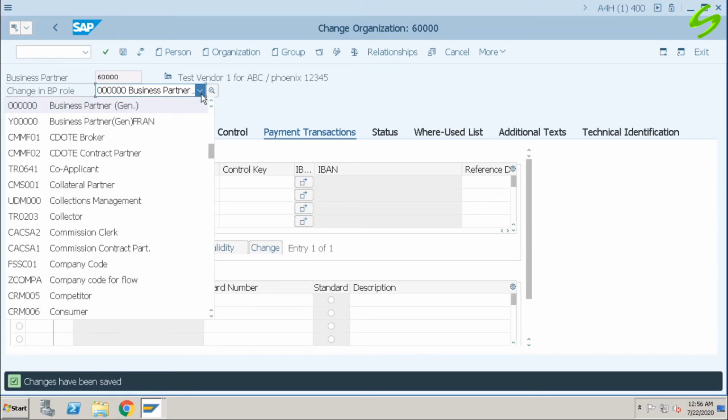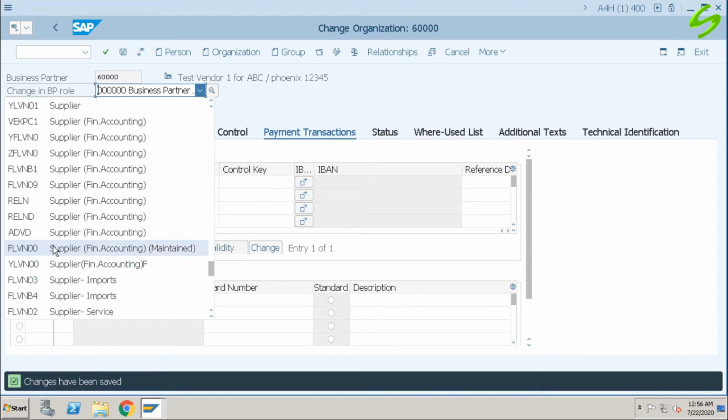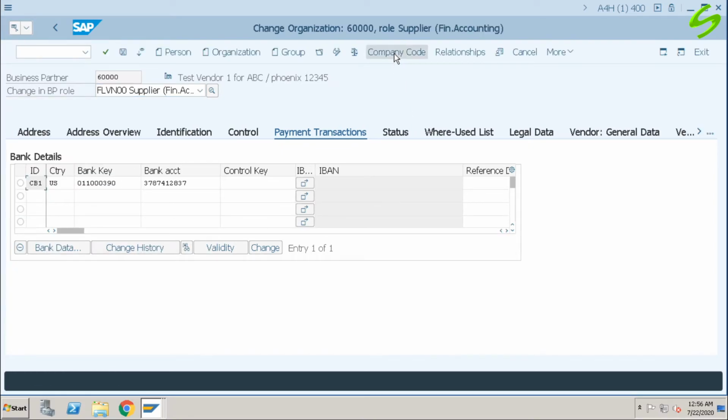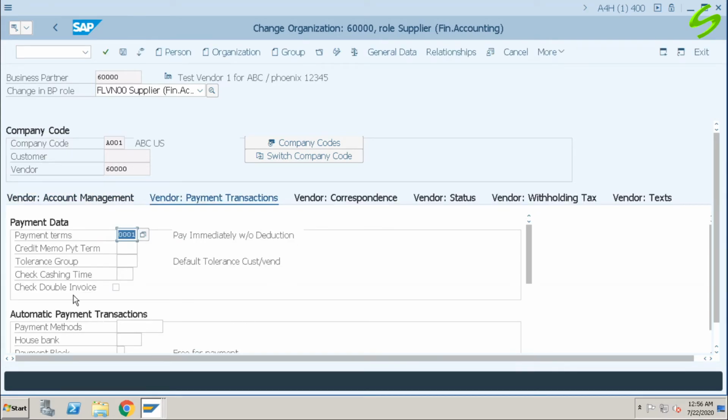Let's go to the partner role that we are using, FLVN00. Click on company code. Go to payment transactions. Under automatic payment transactions, enter payment method, which is J. Click on save.